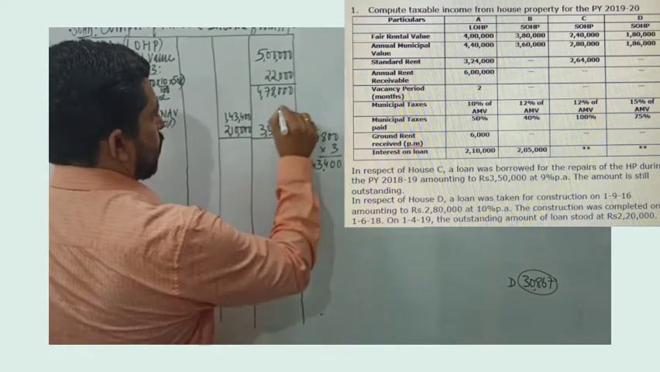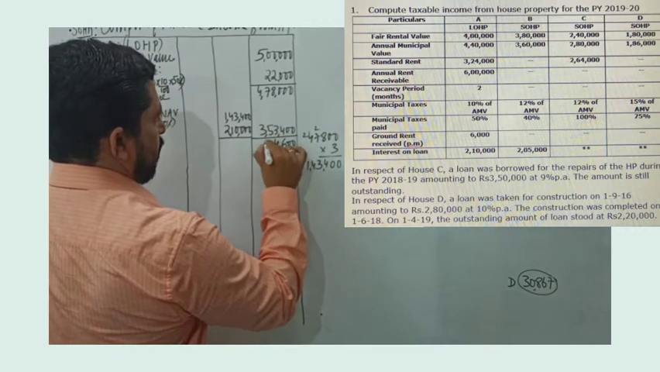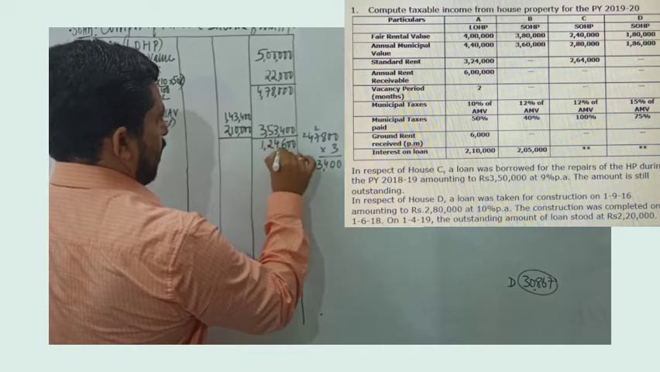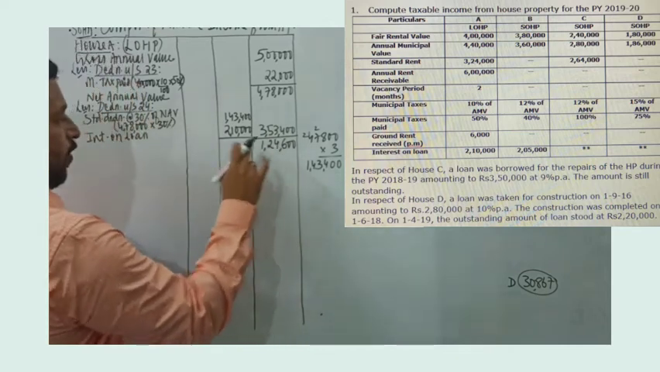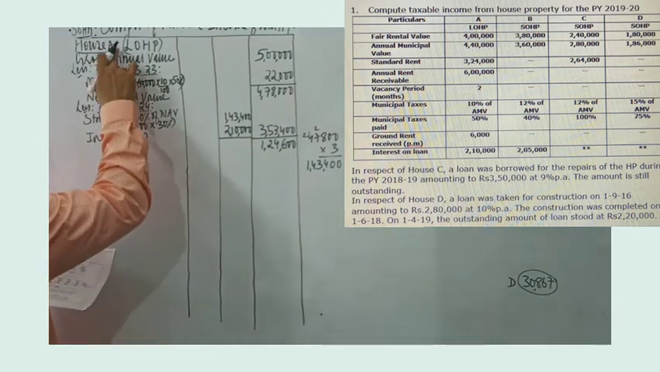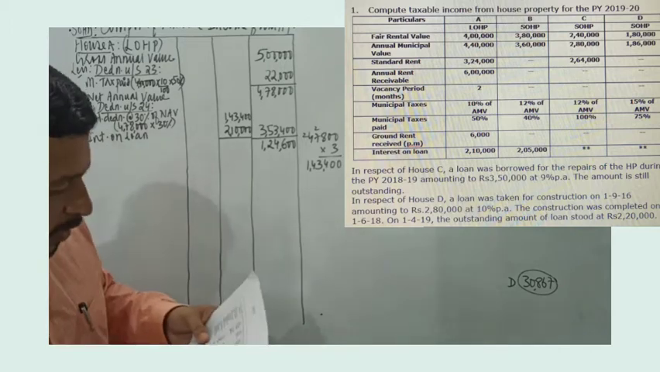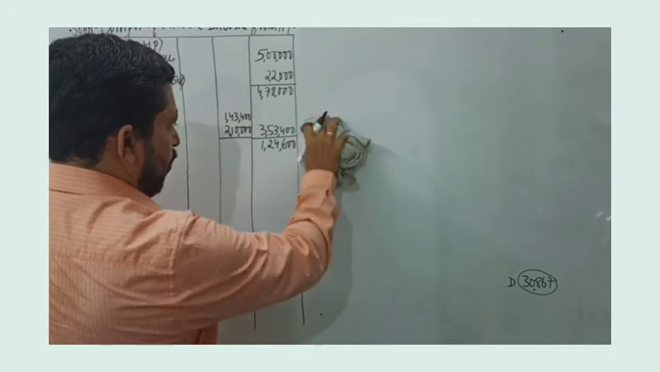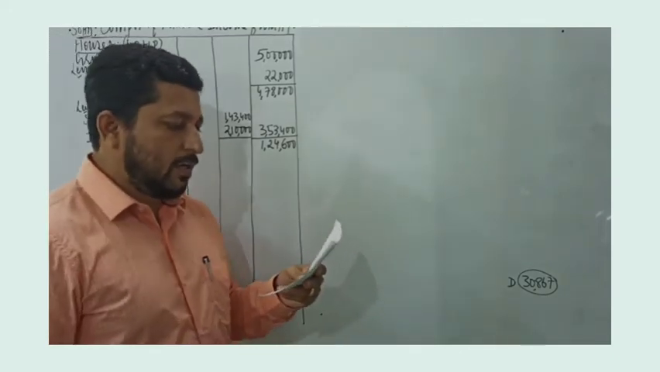3,53,400. So if I deduct, 7 minus 3 is 4, 7 minus 5 is 2, and 1. So 4,70,000, 77, 78. So 1,24,000 is income from let out house property. Now next, there are three houses in this particular problem, house B, house C and house D, which are